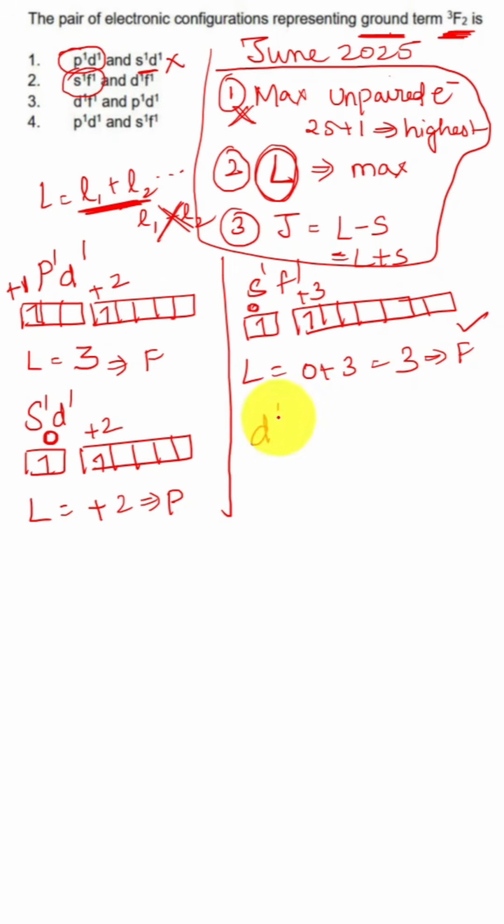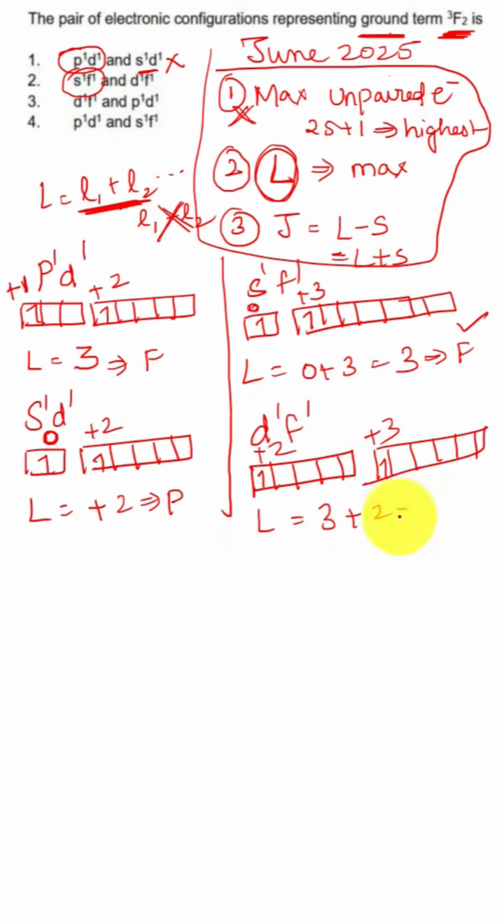Now you check this counterpart, D1 F1. D1 is going to be plus 2 and for F1 it's going to be plus 3, right? So basically the L value is going to be 3 plus 2, so the maximum value is going to be 5. For 5 it is going to be G, so F is not possible. So this option is incorrect. So the first option is also incorrect, and the second option is also incorrect because this part